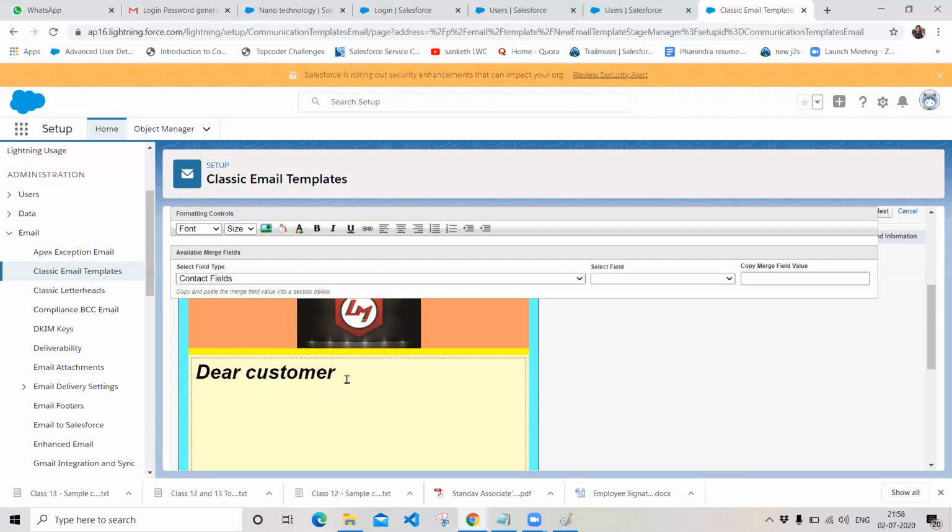Similarly, define your message. And let's go back to the normal size of 10 pixel.